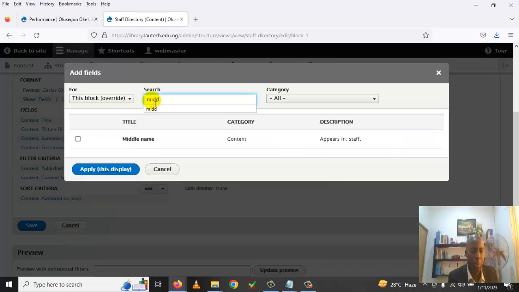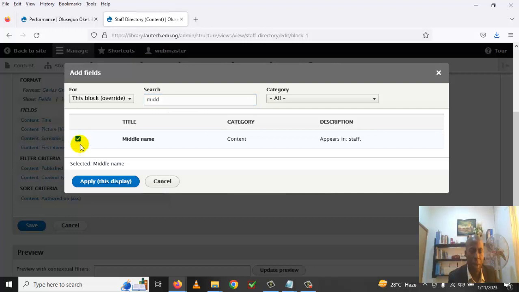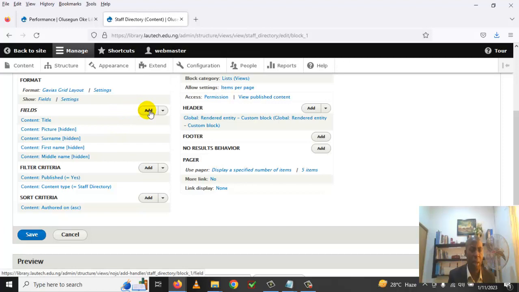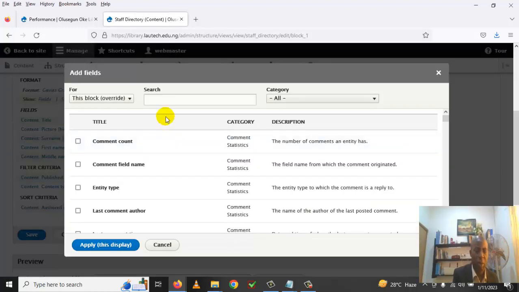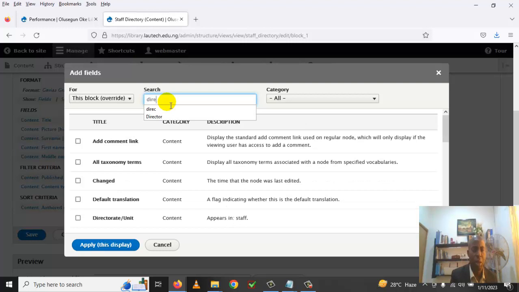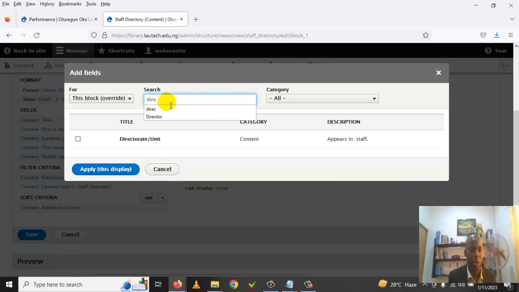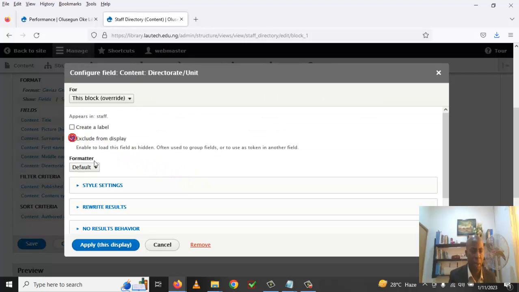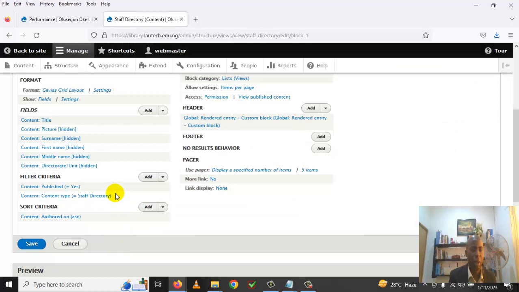We add middle name, appears in staff, apply this display, exclude, apply this display. We add directorate, okay, apply this display, exclude, apply this display. Okay, now we add